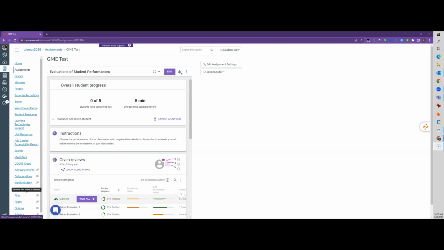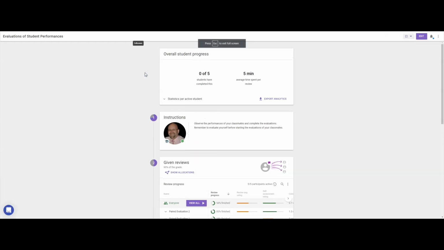To make the process easier, I always recommend that you place FeedbackFruits into full screen mode or open the activity in a new tab. This provides more screen real estate and reduces a bit of horizontal scrolling. Now that we are in full screen mode, let's take a quick look at what is on the home page